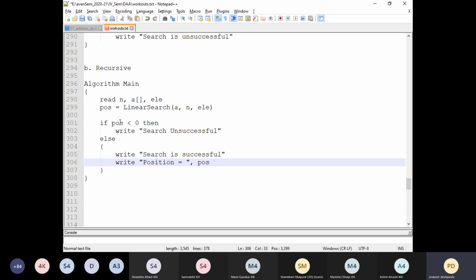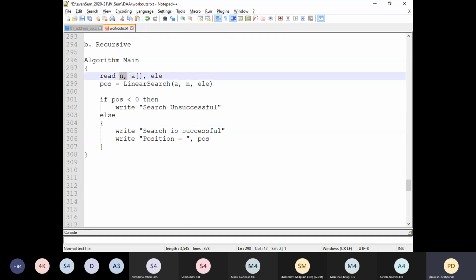I will explain why we have taken the condition like this later. Just understand at this moment that I will read all these three things and call the linear search procedure by passing those three things, and this linear search is going to return something, right?